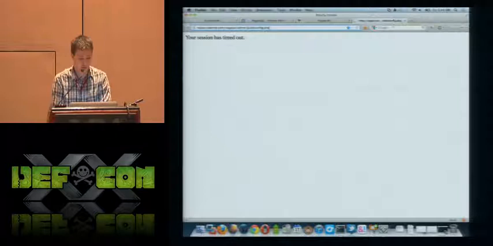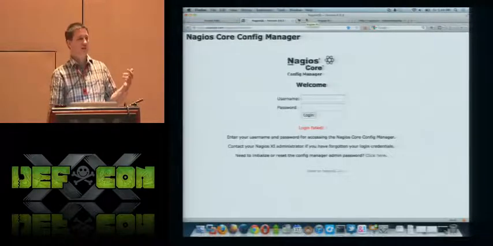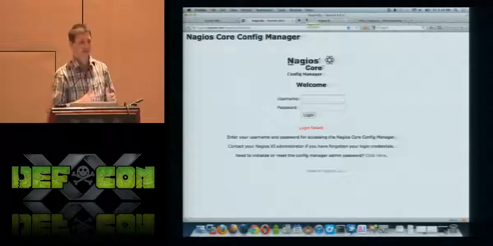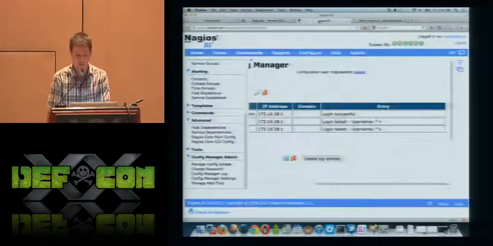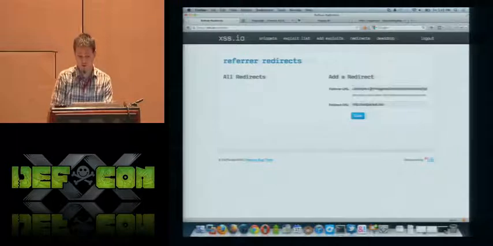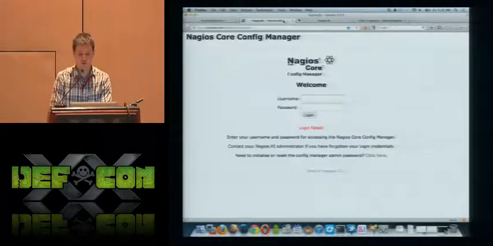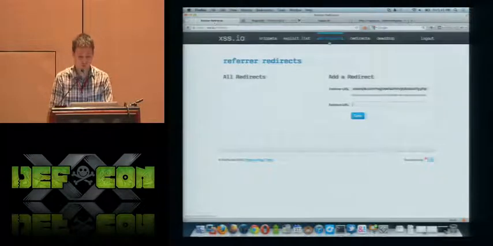Now let's say we have limited space. Let's say we actually need every single character for XSS.io, and we can't have any trailing anything. Let's show the referer working in action as well. We're going to add a redirect from that particular URL that gets loaded, and we're going to redirect that to, of course I didn't copy the frickin'